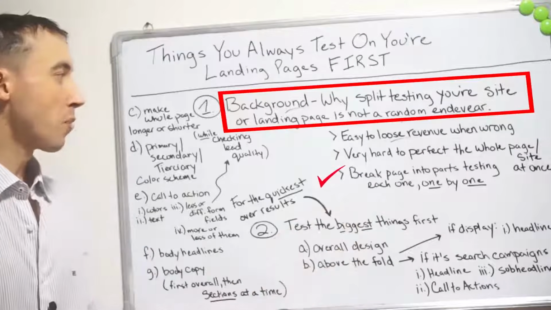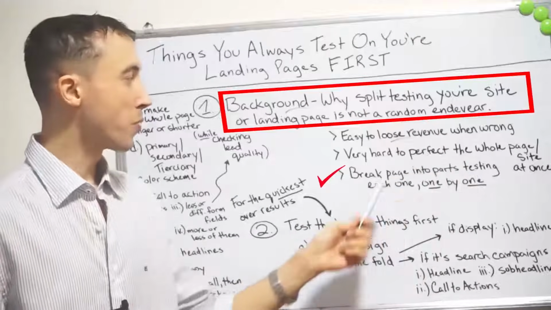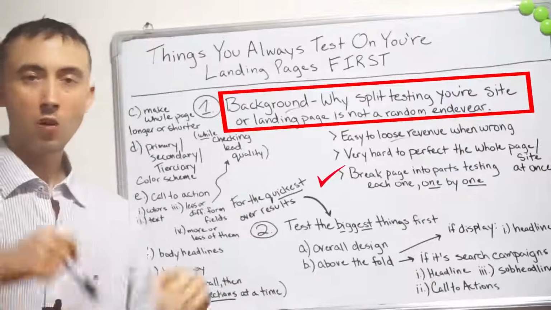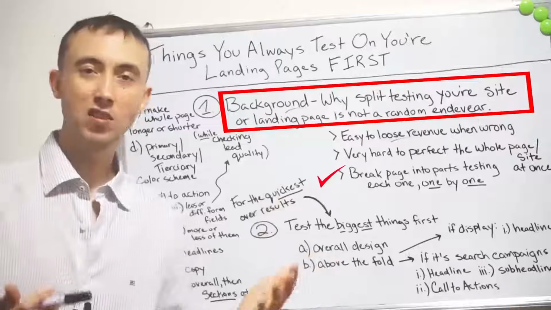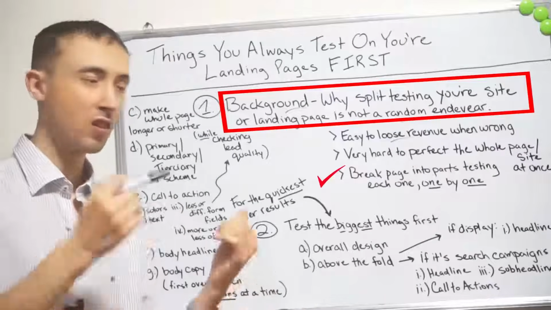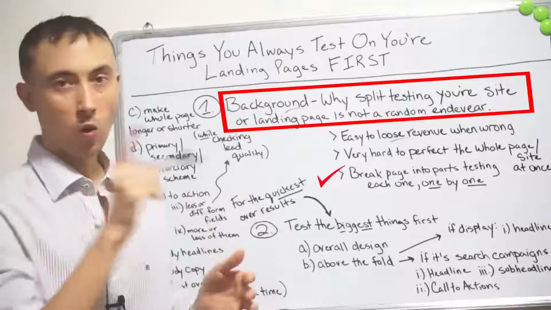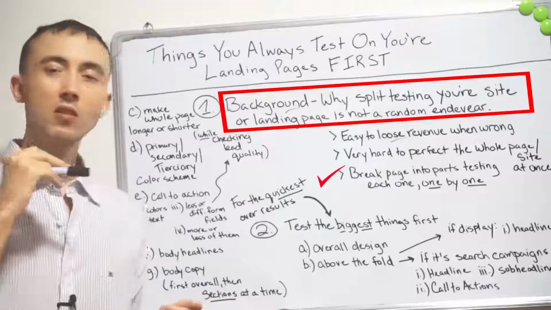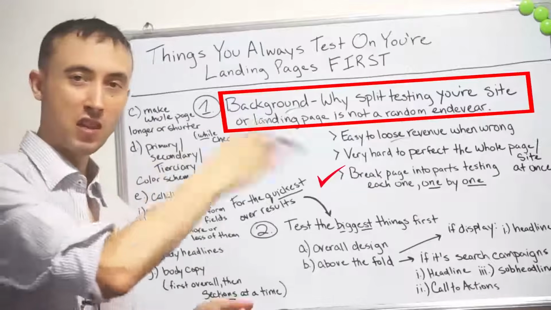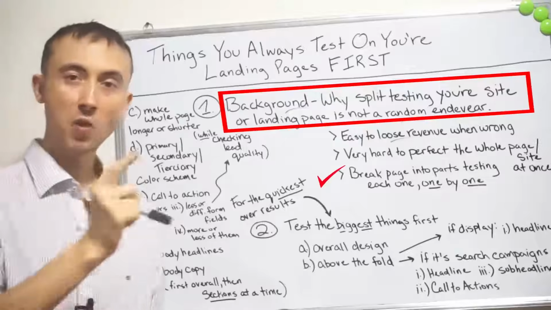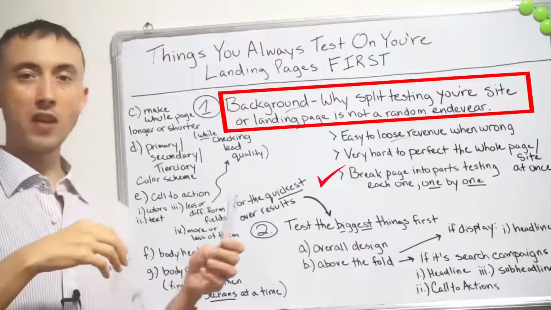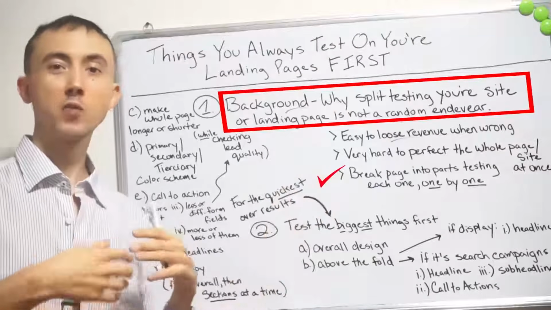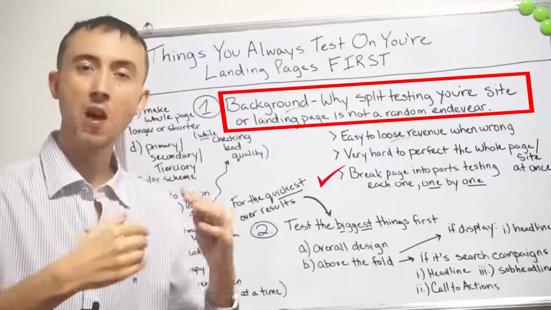And then you should break the page into parts, testing each one by one. In science in general, and testing a landing page is science, you're going to test one thing at a time, so you can have a control group and a test group. All these things I'm mentioning here, you're only going to test one at a time. But I'm going to give you the order that you should typically test, so you get as many results as quickly as possible, and as many results overall as possible